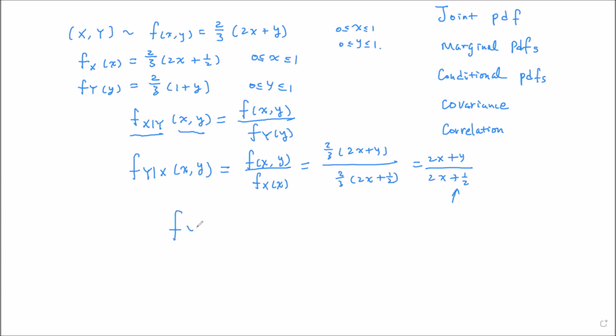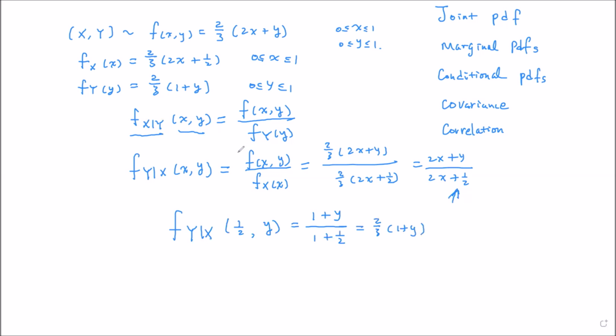One of them, for example, the conditional density of y given x. Let's say x equals half. Okay? x equals half. And you have y here. So you basically plug in half for x in this expression. So you have 1 plus y, 2 times x is 1, and 2 times x is 1 plus 1/2. That is 2/3 times 1 plus y, which is actually the same as